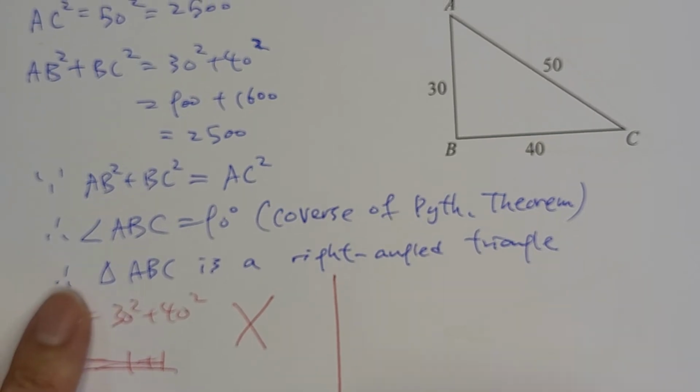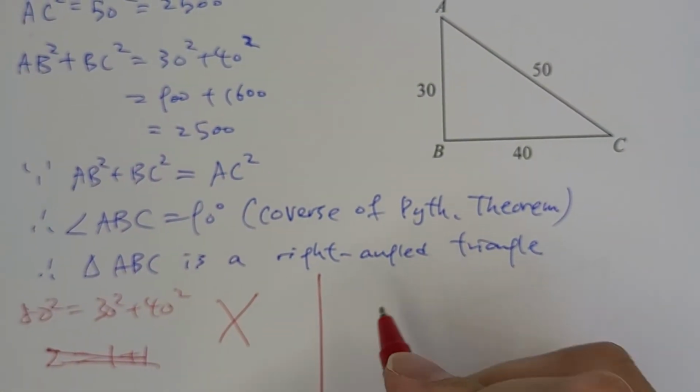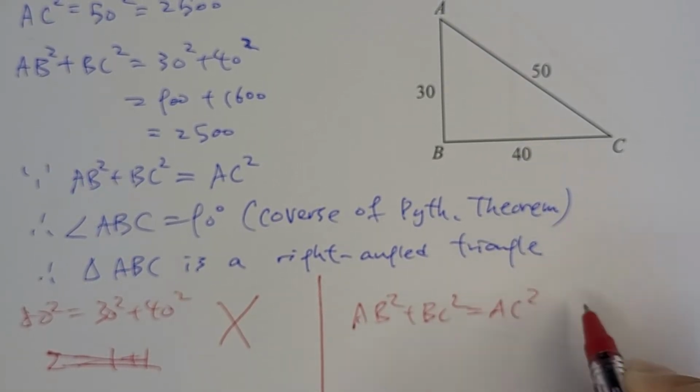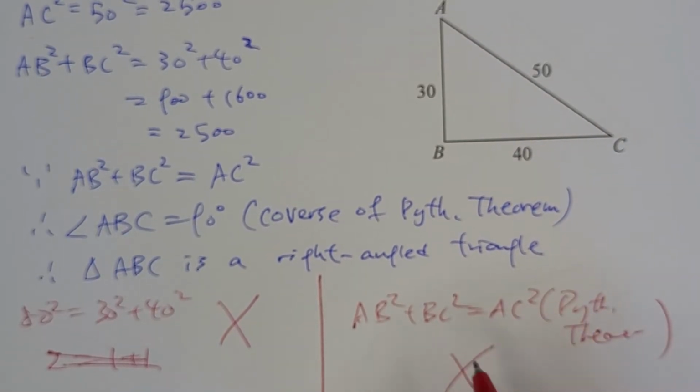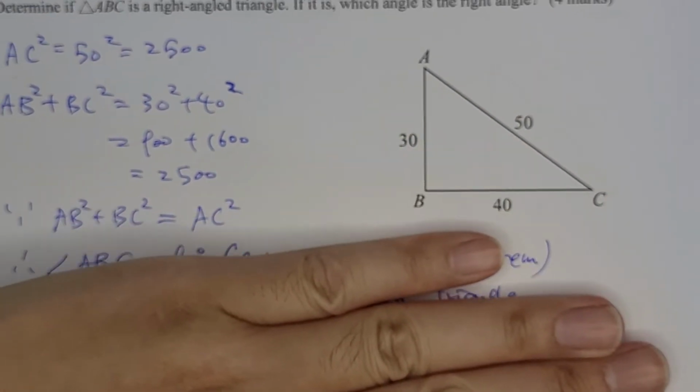Also, some of you may try to write in this way. They check this all correct. Then they say, okay, then AB squared plus BC squared equals AC squared. Pythagoras Theorem. Wrong. 0 mark if you write in this way. Because up to this step,